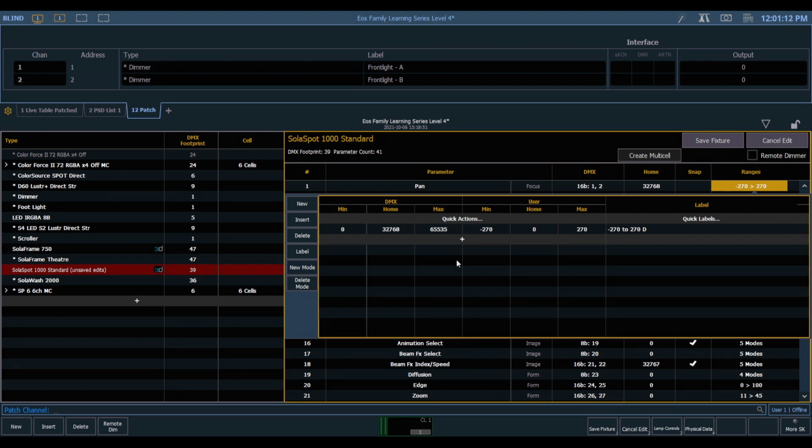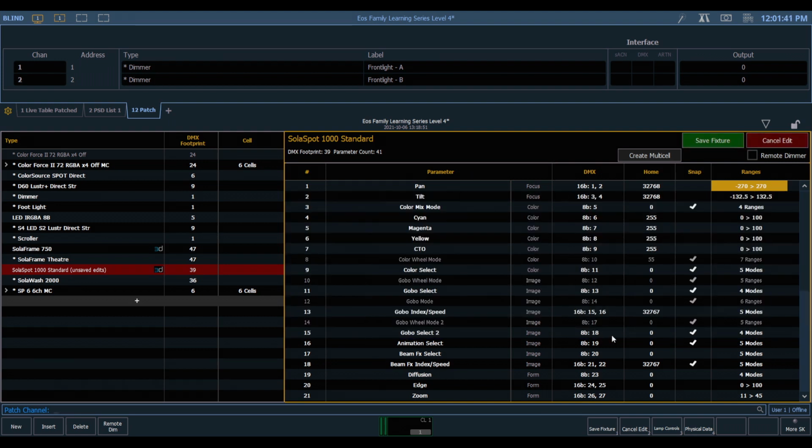So that's why we set the user values to -270 and 270. That's because this is a 560 degree fixture. And we set that home user value to 0. So when the fixture is actually panned 270 degrees one way, the console is outputting 65,535.